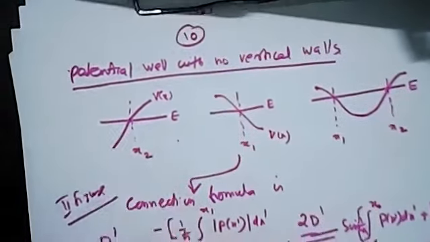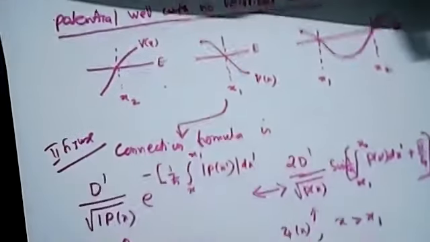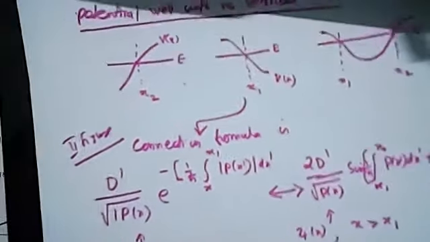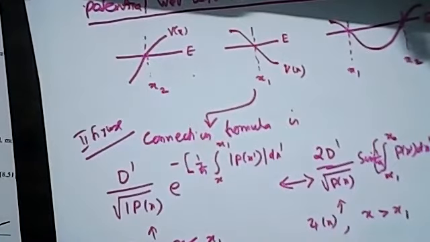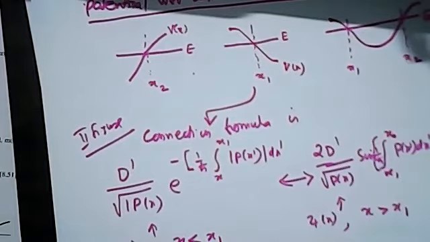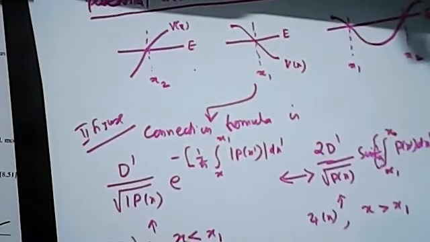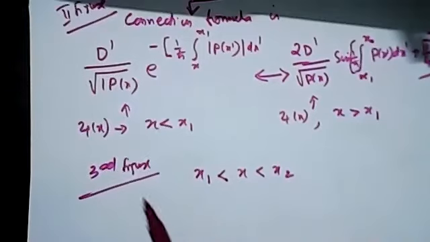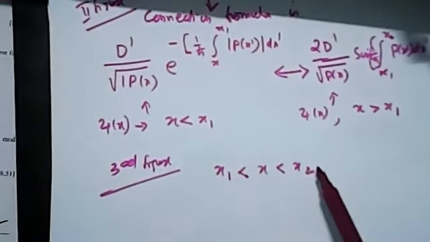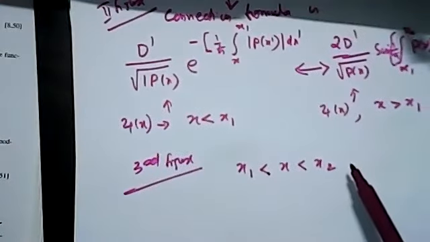The first figure we have already done, similar to the second figure. Now the third figure, x1 less than x less than x2. In the third figure, x is between x1 and x2. Okay, so the wave function can be written as